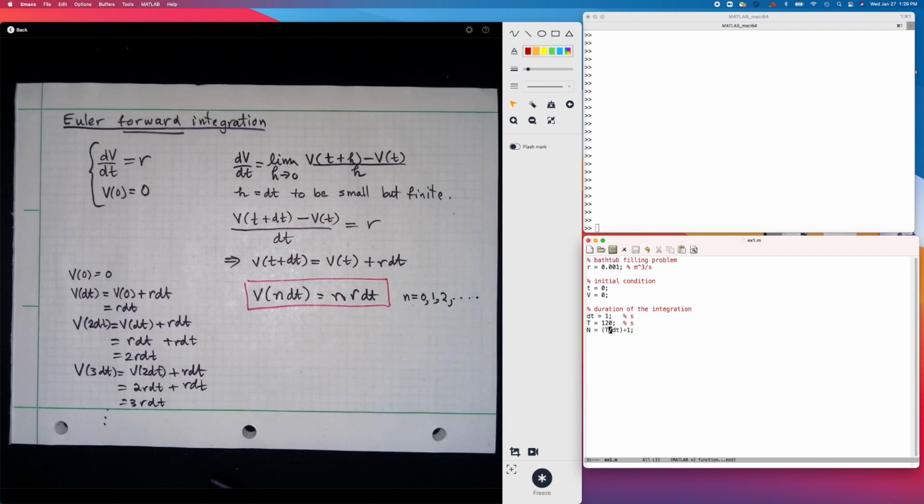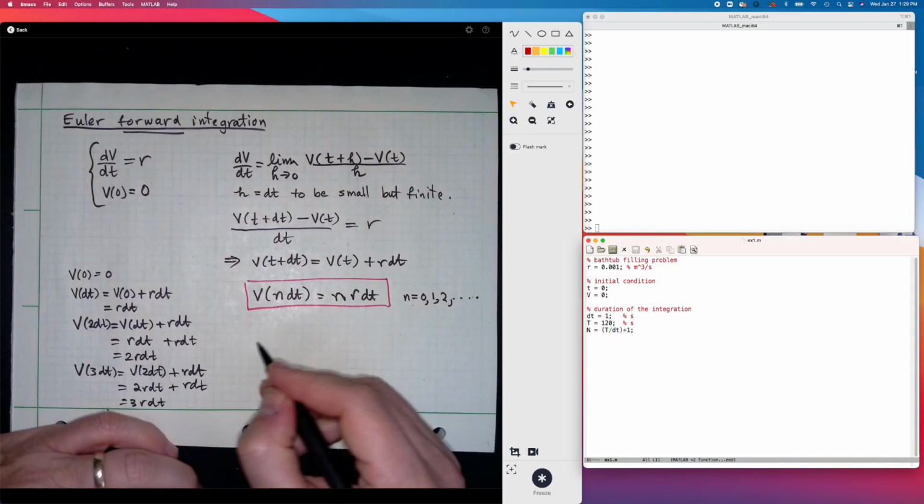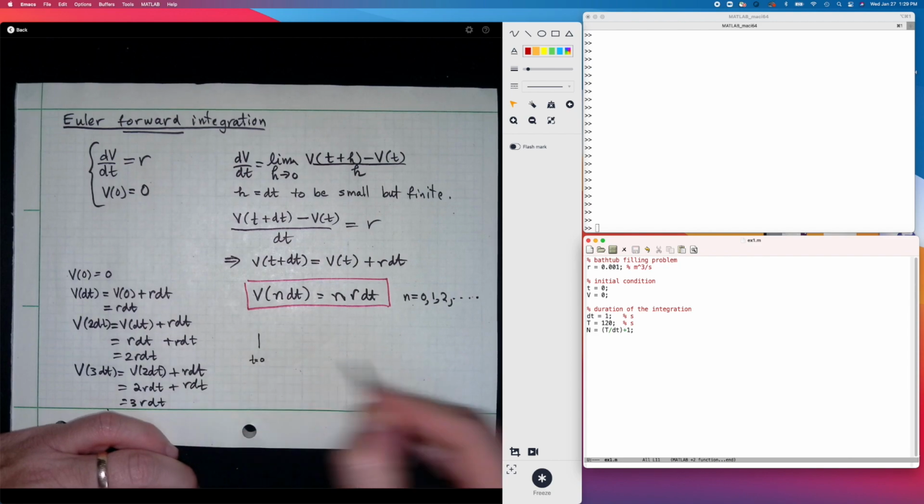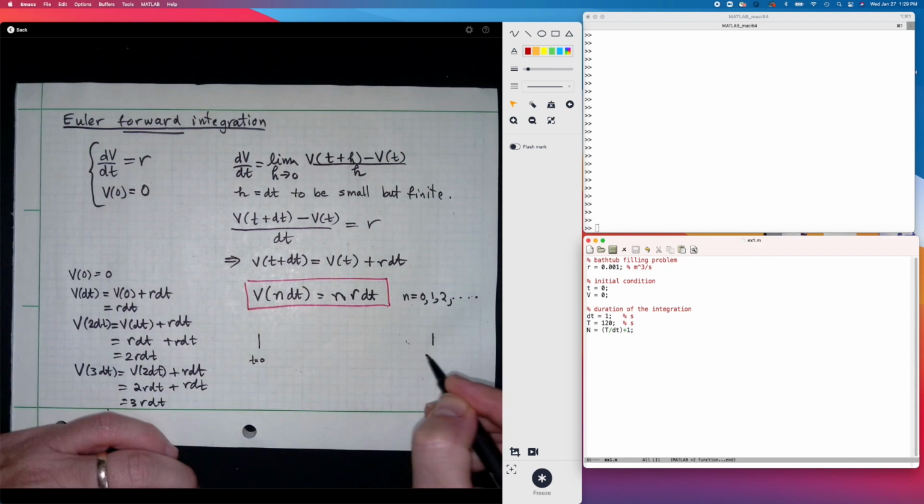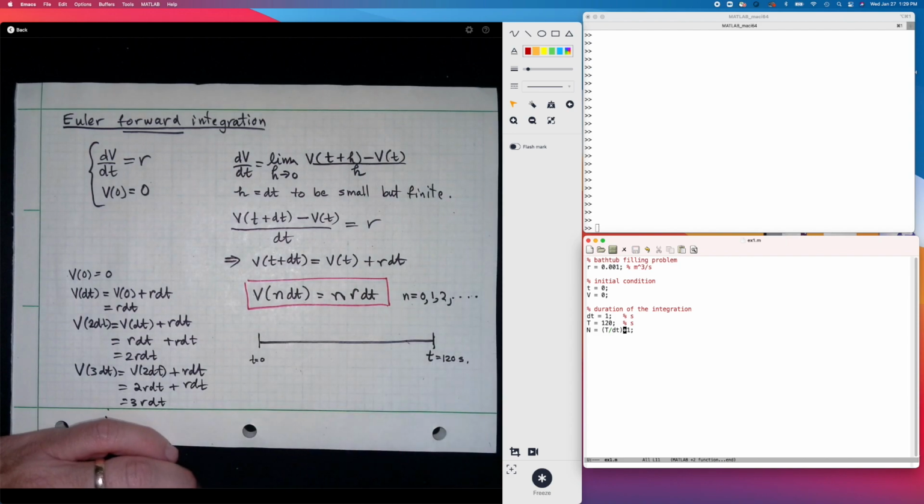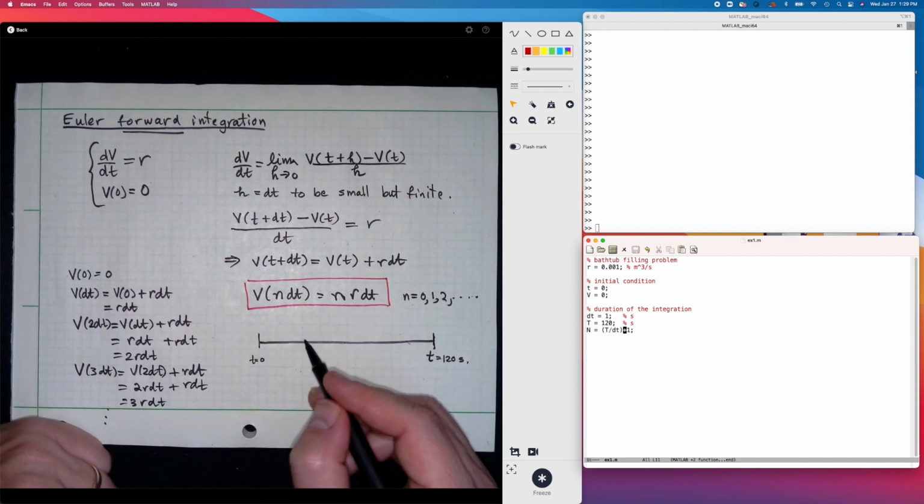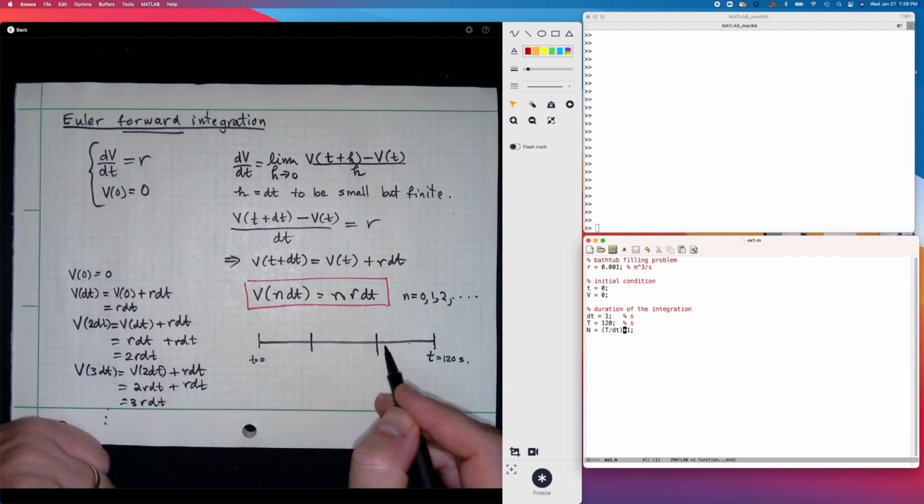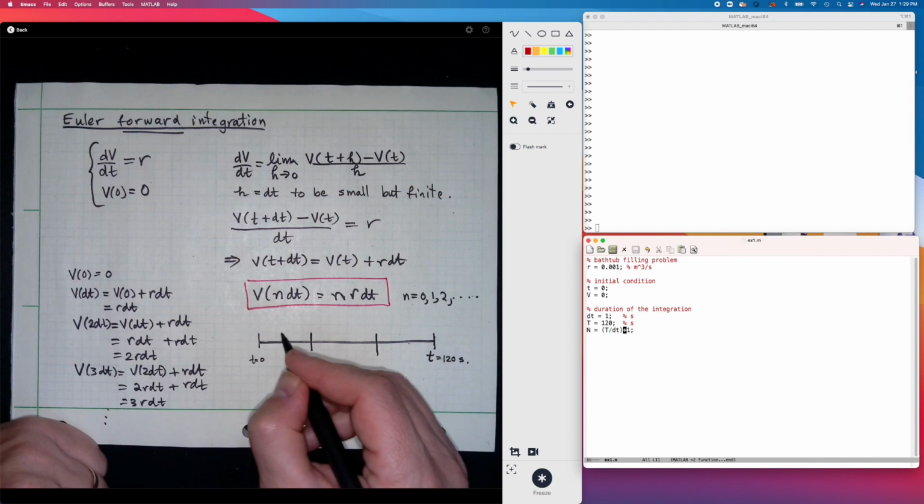And so why do I add the 1? Well, it's kind of a fence post thing. If this is t equal to 0, and over here I have t equals 120 seconds, and suppose I divide the time interval into 3. So I have 1 interval, 2 intervals, 3 intervals. So these are all delta t,